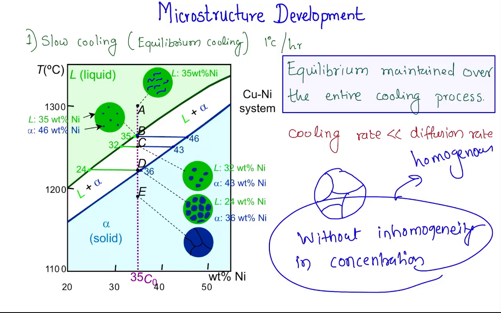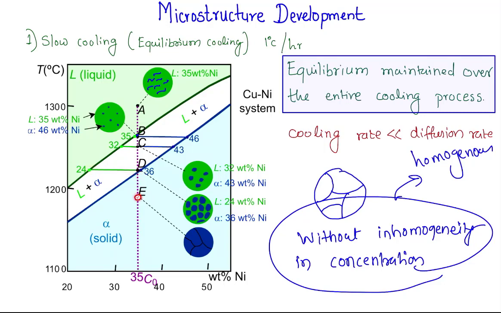At point C, solidification will again increase because we are cooling the system. Solid particles will increase and liquid will gradually decrease. So here Cl comes around 32 and Cs comes around 43. At point D, that is the boundary of solidus, and solid and liquid plus solid, the majority will be in a solid form, that is 36%, and liquid Cl is given by 24%.